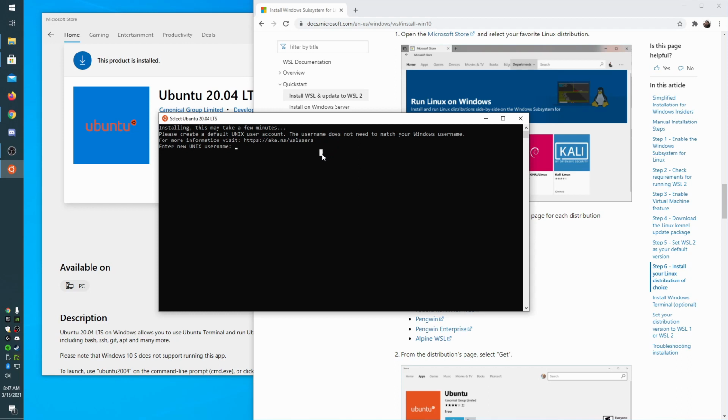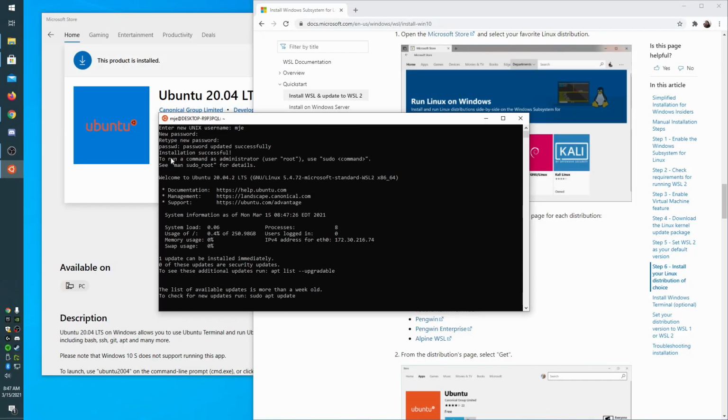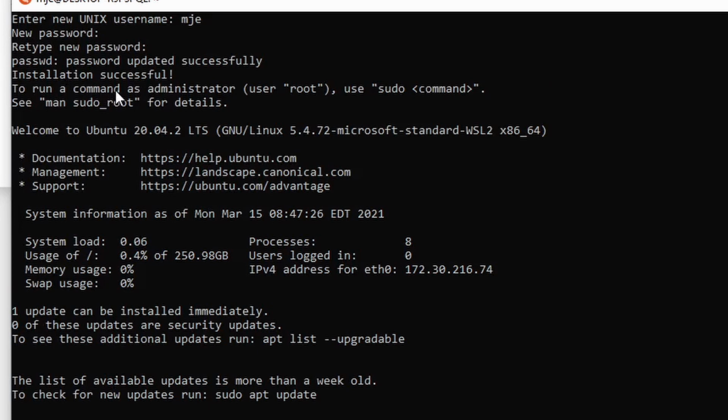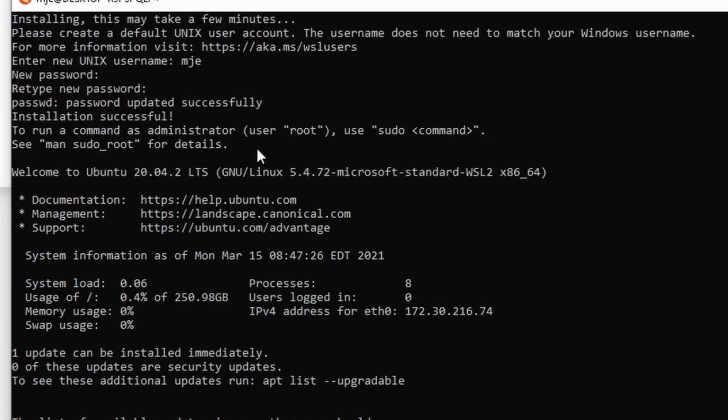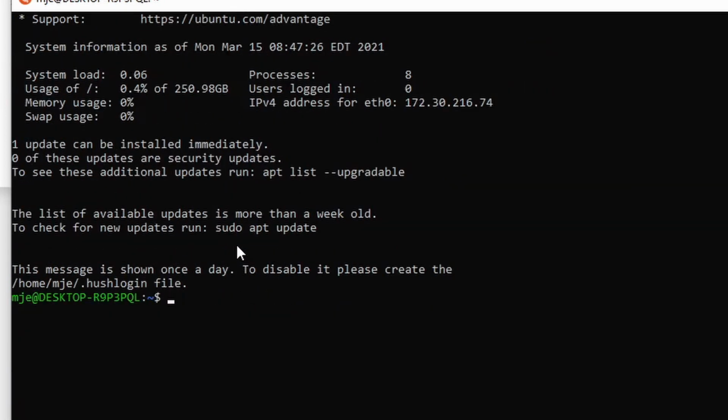It finished and it's asking for a username. I'm just going to do MJE, which is my initials, and it wants a password. Glad it's not revealing it. Okay, it says installation successful. To run a command as administrator, use sudo. Yeah, I already know this. Okay. Man sudo_root for details. Welcome to Ubuntu. Tells you where the documentation is, management support, and some other details, but it looks like